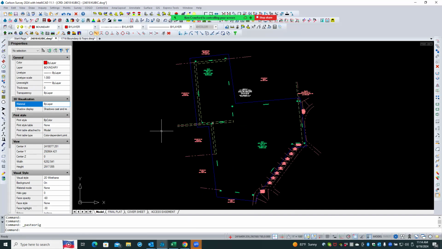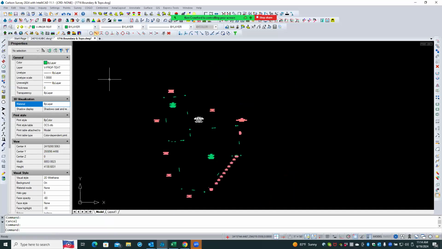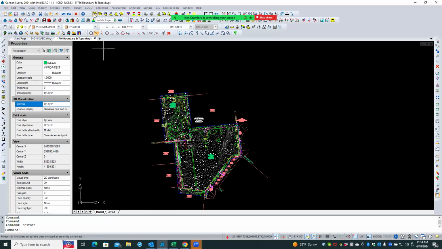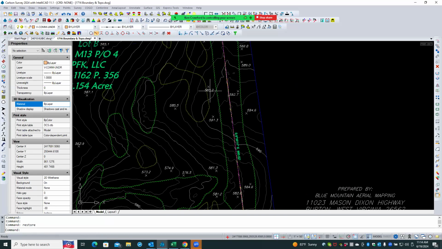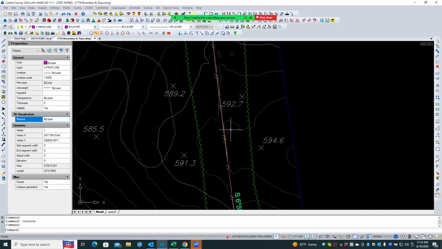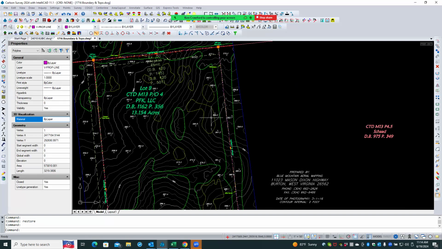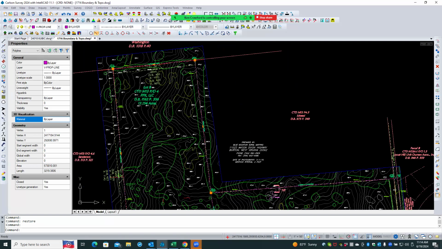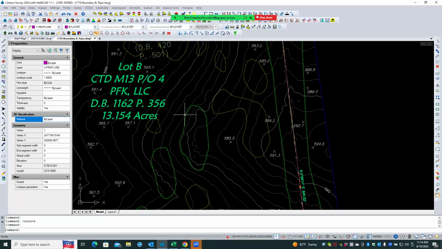Okay, now I actually don't think I have the boundary on this. I don't think that blue line is the boundary. Okay, and that's fine now, but we could just go over here now and then you could isolate that, or if you knew that, say this is the boundary right here, for instance. One of them is. Yeah, so you've got property line. Now that's just the one thing that I selected. I didn't isolate that layer, but